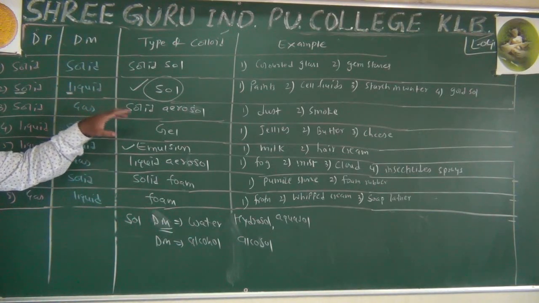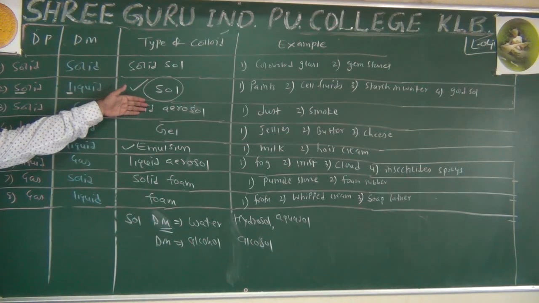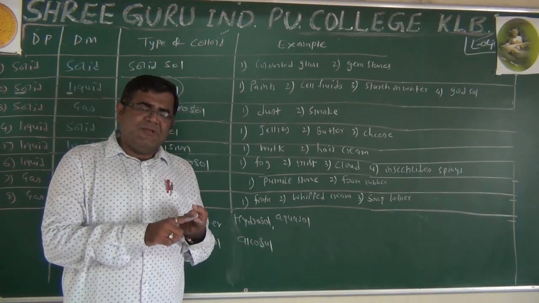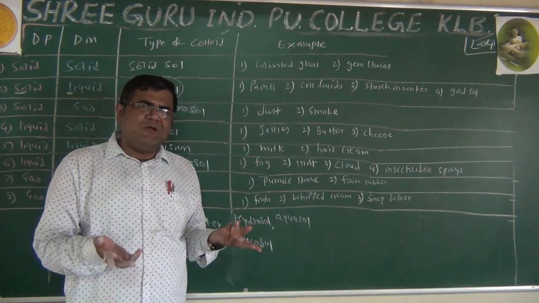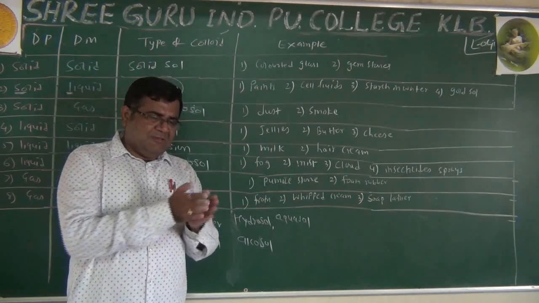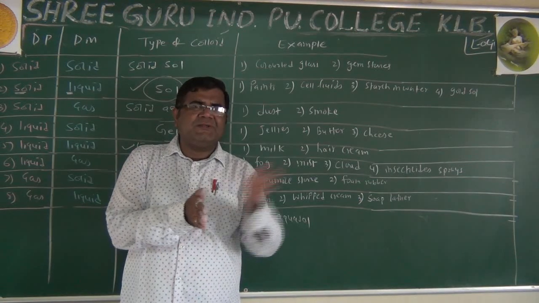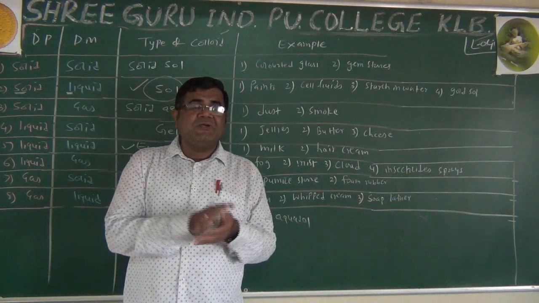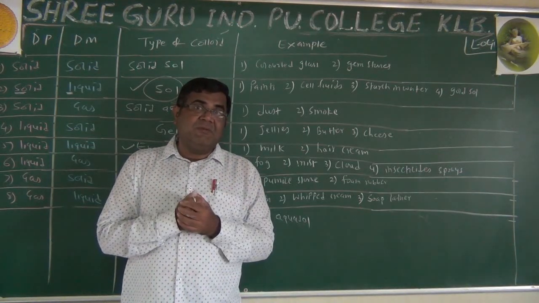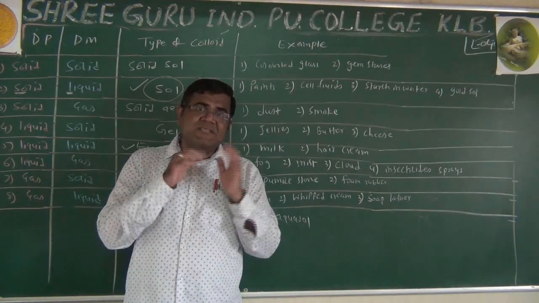But the important thing is that colloids are not anything different. We use them. The only thing is, what is a colloid? Basic thing: a heterogeneous system. And one more thing, particle size is from 1 nanometer to 1000 nanometer. That's all. If we go on making the particle size smaller and smaller, it falls in solution. Make the particle size larger and larger, it falls into suspension. So colloid is a state of substance, not a substance. Remember this. Colloid is a state of substance, not the substance itself.